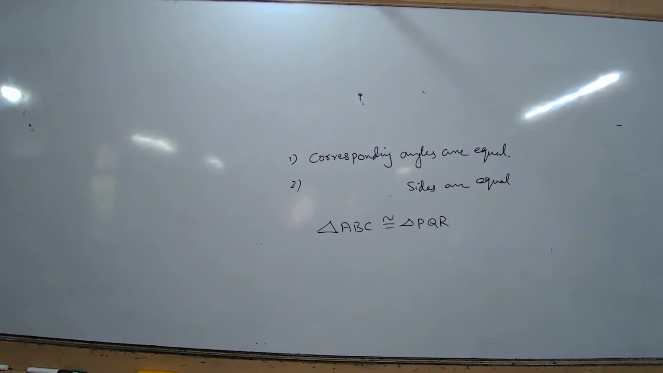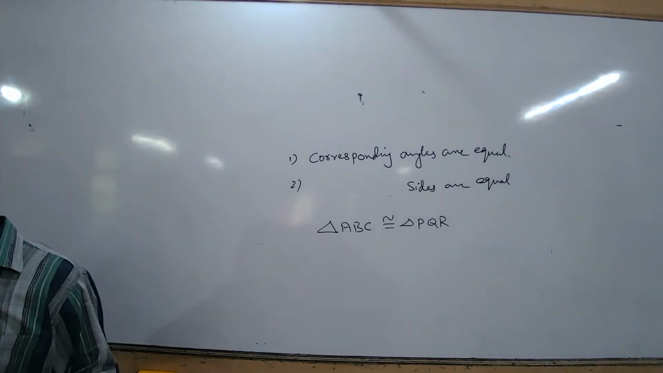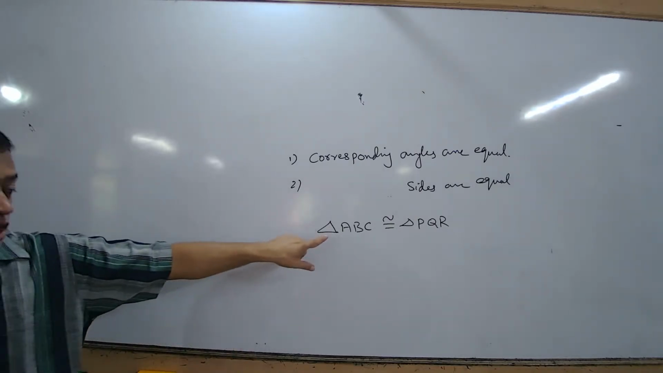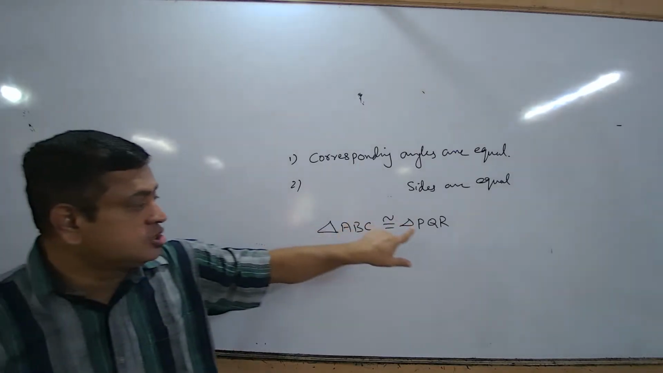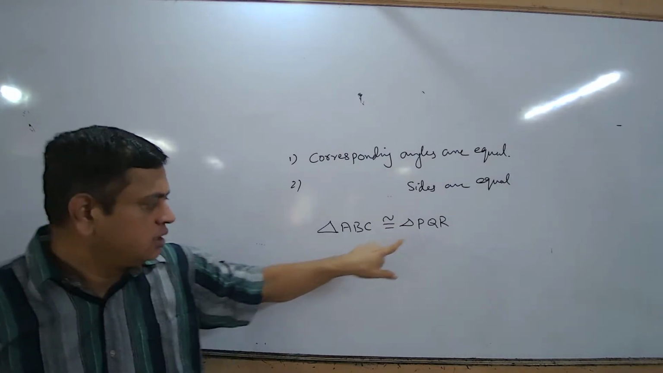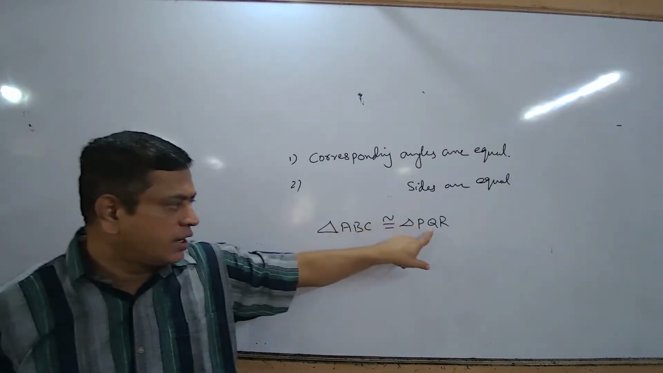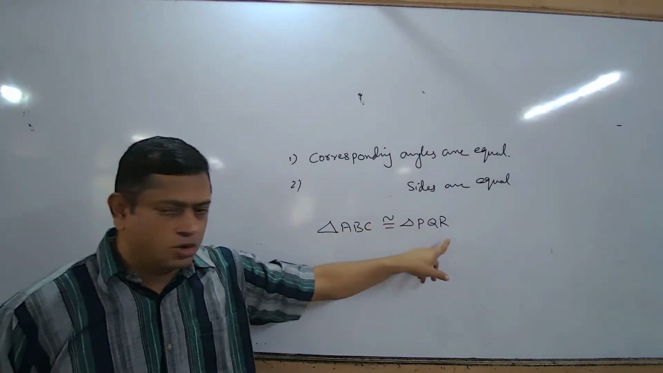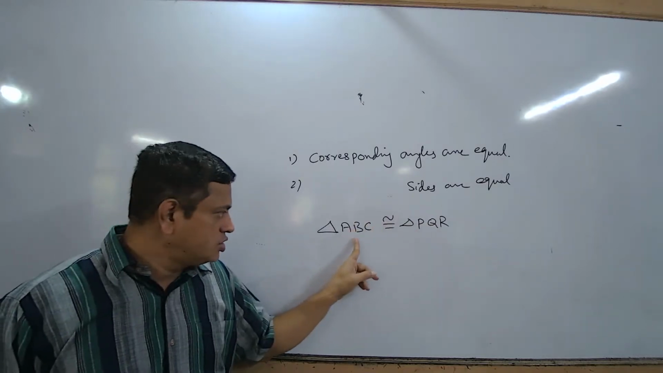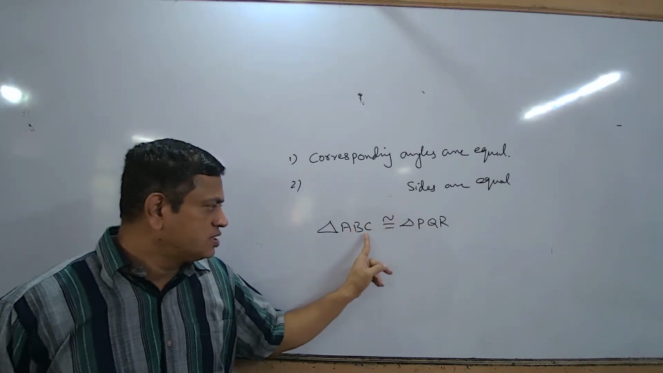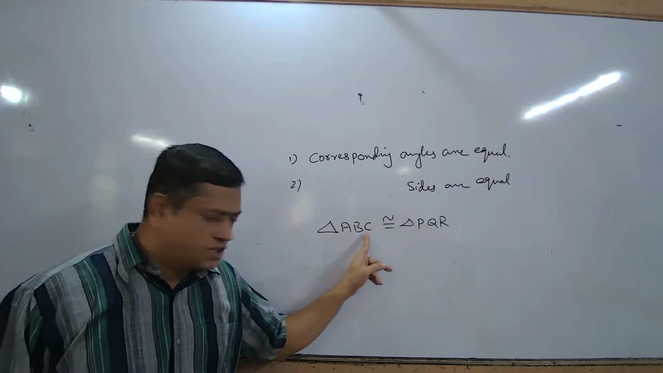Triangle ABC is congruent to triangle PQR. Two triangles are congruent. Now, corresponding means angle A is equal to what? Angle P. Angle B is equal to angle Q. Angle C is equal to angle R. AB is equal to PQ. BC is equal to QR. AC is equal to